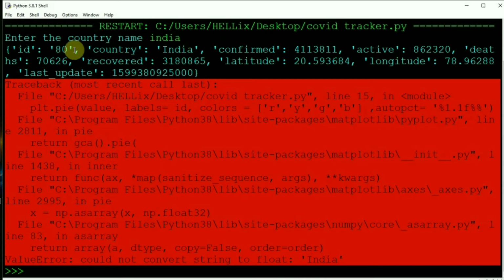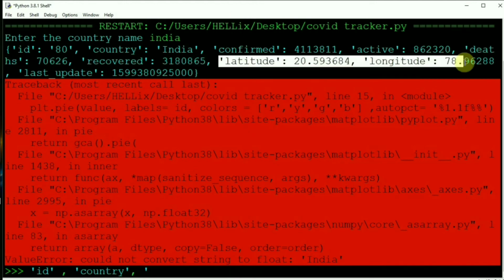Let's just write them. First of all, ID, write them directly like this, comma, country is a string. Then these things are also not important: latitude and longitude, and last update. I'll pick them as well. So just pick them up from here.